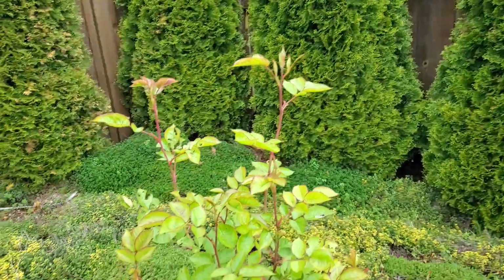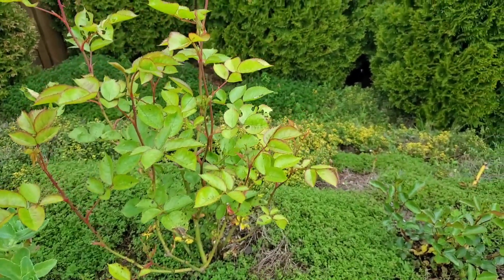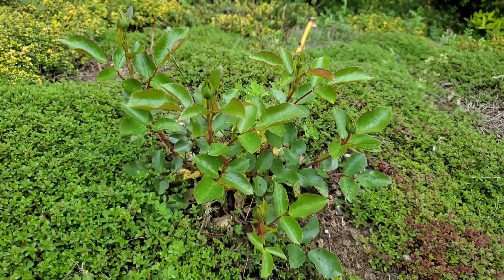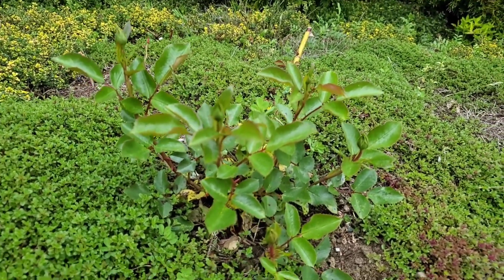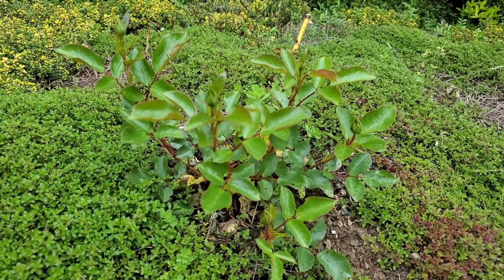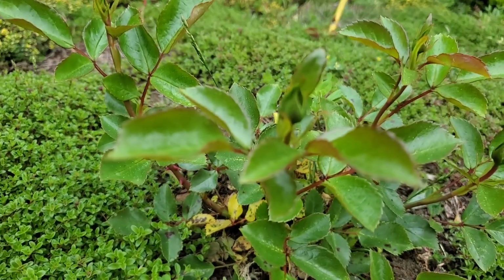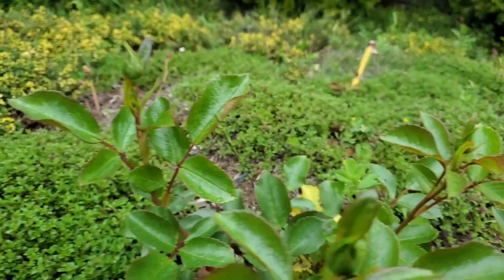I have a whole bunch of cuttings I got from them this past fall, winter, even early spring, some of them, different batches, and they are just growing like weeds. Like they're growing so well in this yard. This is a cutting I took myself about 3 years ago. This is from my white Mayland rose, and it has grown, but I did cut it back. But considering it's 3 years old, it's still pretty small, but it is gonna bloom. This is one little bud. There's another one and